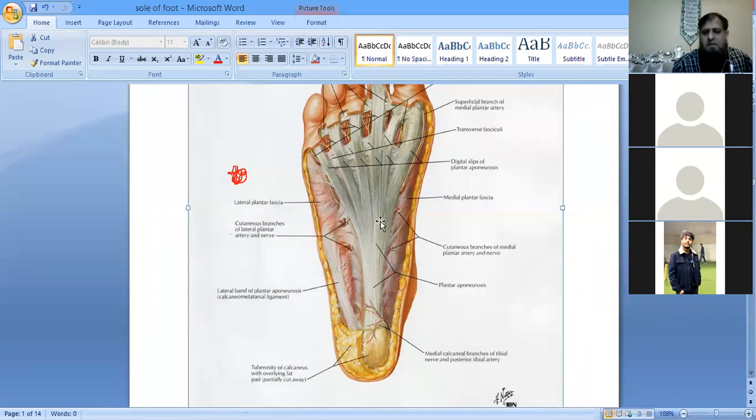And the base is directed distally and just proximal to the head of the metatarsals. It is going to give the 5 bands or the 5 slips. ये आपको 5 slips नजर आ रही हैं, ठीक है? The base is going to divide into the 5 slips or the 5 septas. ठीक है जी? And these septas,